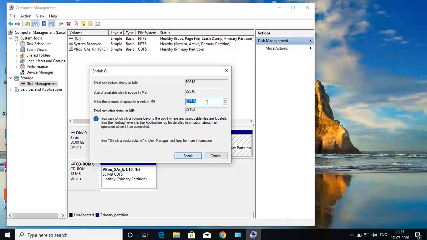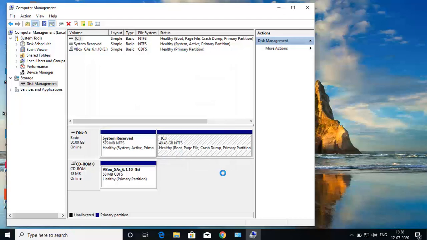So we will type 5000 MB. If you type 5000 here, it will create a partition of approximately 5 GB, because we all know that 1 GB is equivalent to 1024 MB, not 1000 MB. It will take some time, so please wait. Now you can see it has freed a space of 4.88 GB. As I mentioned earlier, 1 GB equals 1024, not 1000. That is why it is showing